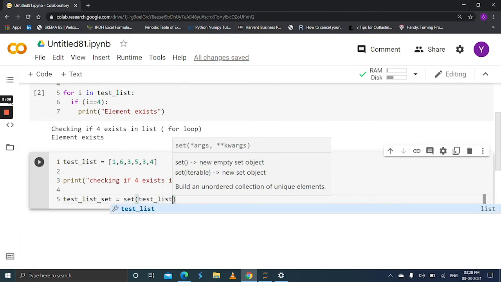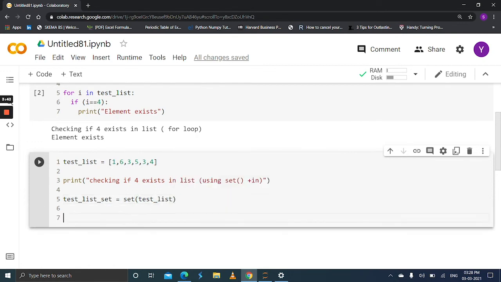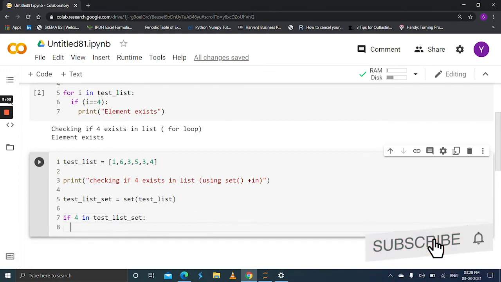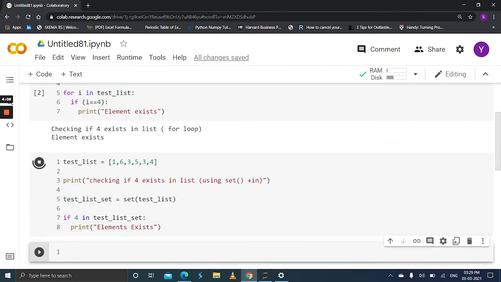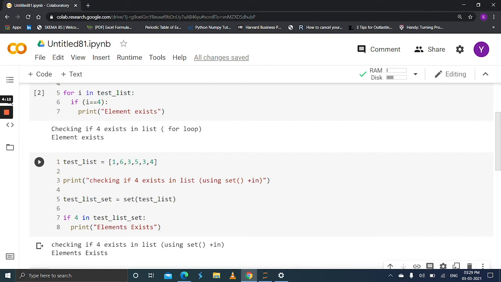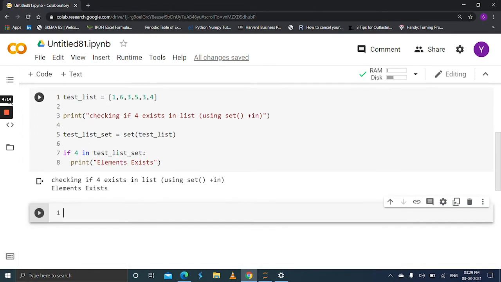So if 4 in test list set, then print element exists. If the given number is present in the test list set, it prints element exists. Let's run this. Great, the given list contains the 4, that's why it prints element exists.